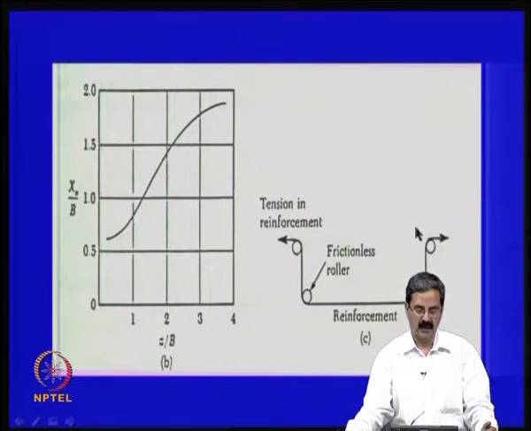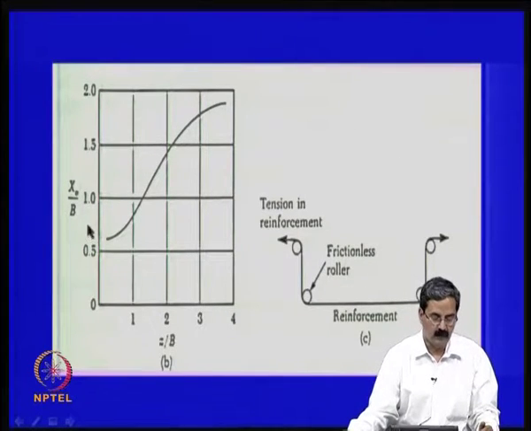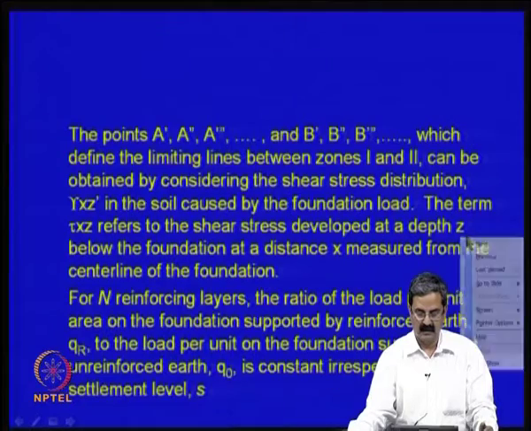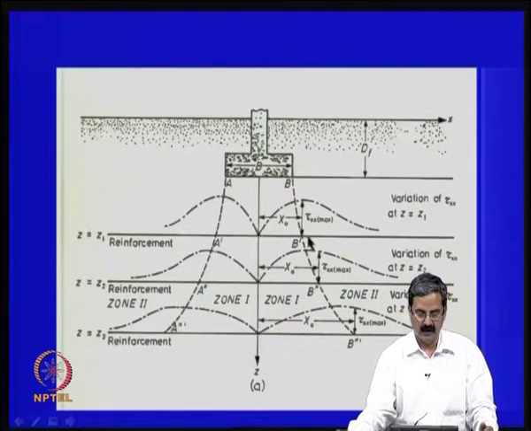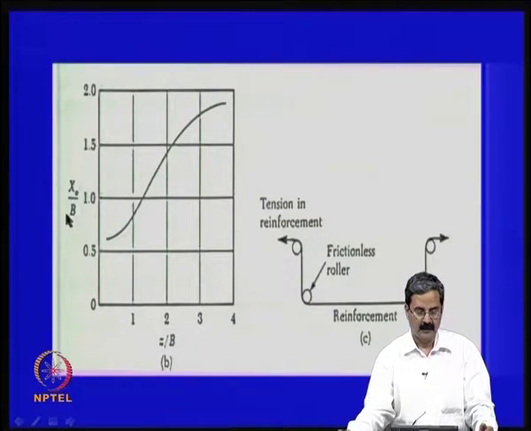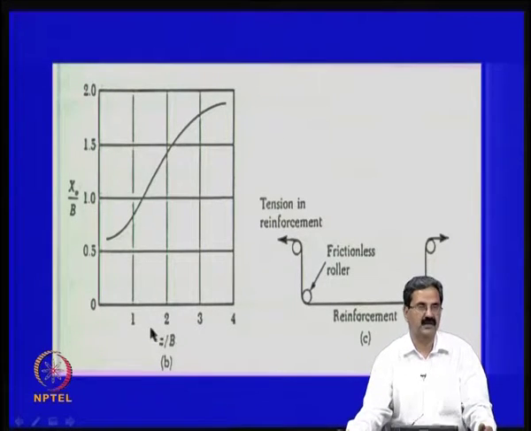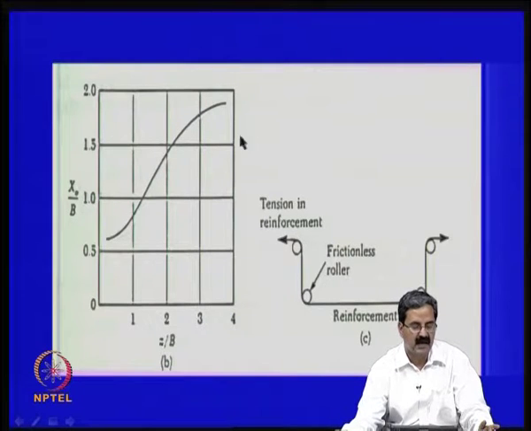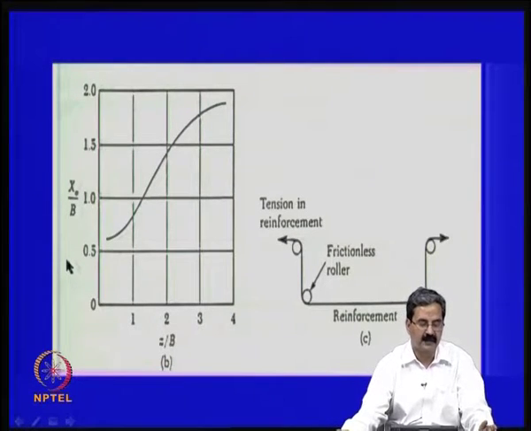So, what they did was that point x naught, like I just mentioned in the previous thing, this is a point called x naught, right. X naught is a function of b. So, he is trying to put in terms of the z, and x naught is, like we have seen, related to z. So, to make it simpler, using that elastic stress distribution, one can plot a relationship like this. How is x naught varying with different depths?